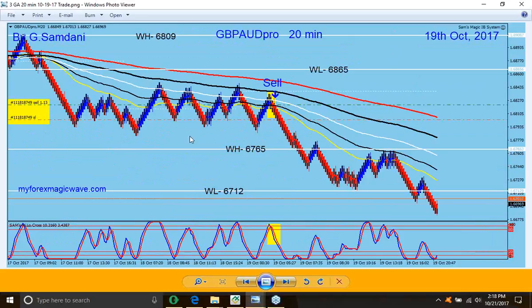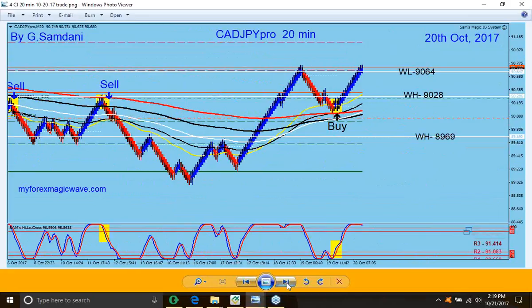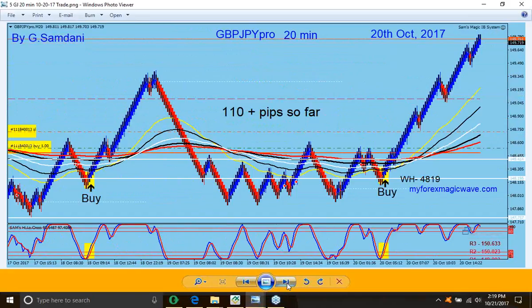For example, if Aussie starts getting strong, then you have a lot of pairs involving Aussie. Aussie Yen will go up, Pound Aussie will drop, Euro Aussie will drop. So I think that next week Aussie is gonna get strong. All right, so let's see what happens. So these are the trades. Just wanted to show you guys that this is how this system is used,